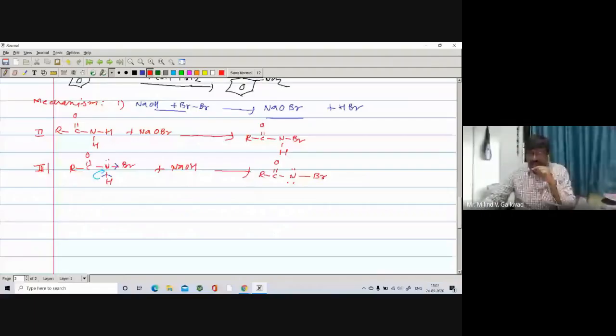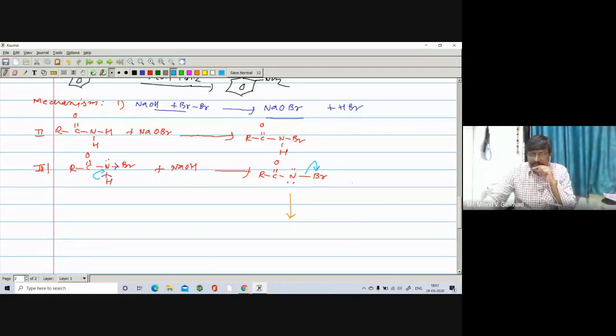In this step, the rearrangement step takes place. So here let us see how the rearrangement step takes place. What happened in this case: the Br is more electronegative, so this will open on the Br, which gets negative, right? Nitrogen gets positive, right? As nitrogen gets positive, here this will get a negative charge.